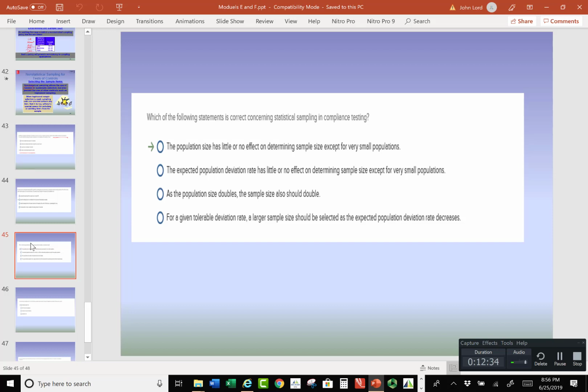Okay. And expected deviation rate had what? Had a direct relationship, right? Okay. So population, which is correct, has little impact. Yes, it does. As the population size doubles, the sample size will not also double. Again, population has very little impact on the sample size, right? Okay. For a given tolerable deviation rate, a large sample size should be selected as the expected population deviation rate